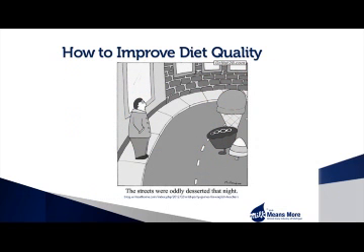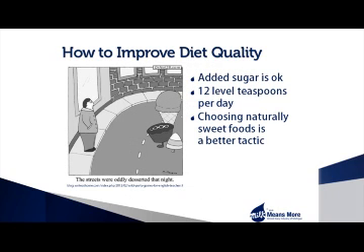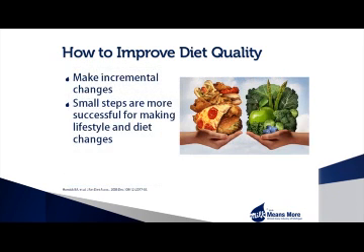Even foods and nutrients commonly thought of as bad have a place in a good quality dietary pattern when eaten in appropriate amounts. The 2015 dietary guidelines recommend limiting added sugar intake to 10% of daily calories, about 12 level teaspoons. Added sugars are those added to foods or drinks by the manufacturer, cook, or consumer. Honey, syrup, and fruit drinks are also sources of added sugar. Consume added sugars that are associated with nutrient-rich foods such as yogurt or flavored milk rather than wasted in candies, desserts, or soft drinks. Trying to make drastic overnight change usually is a setup for failure.